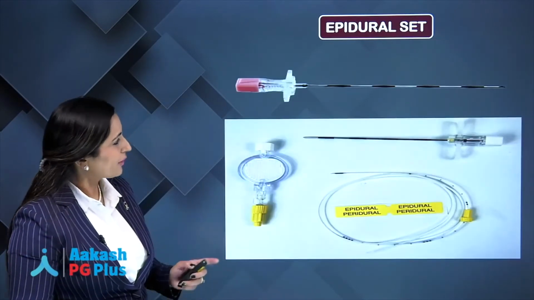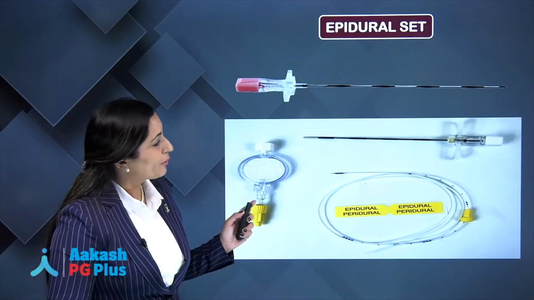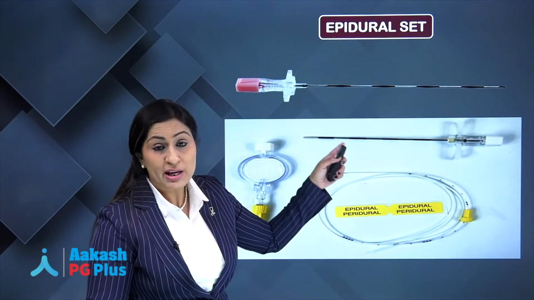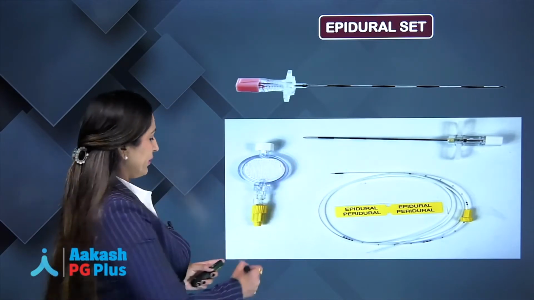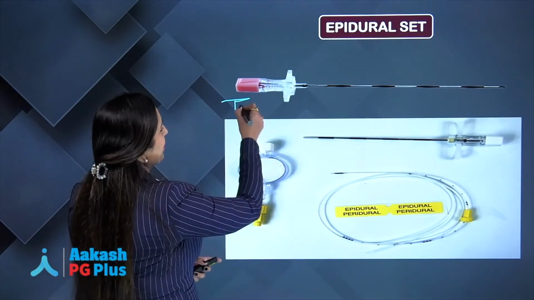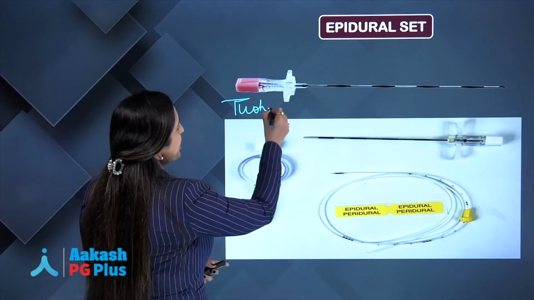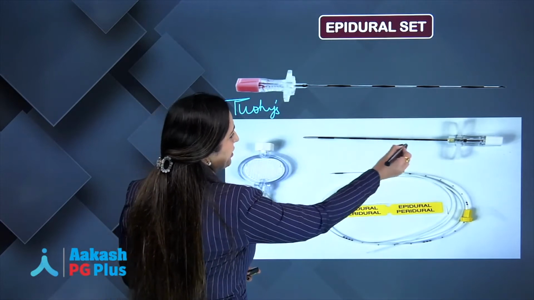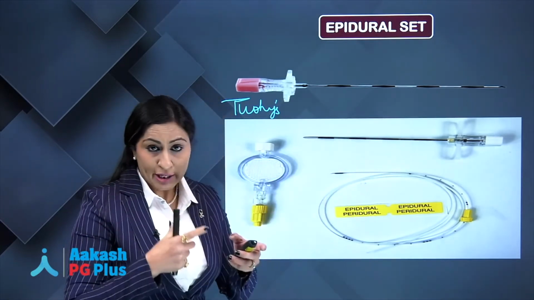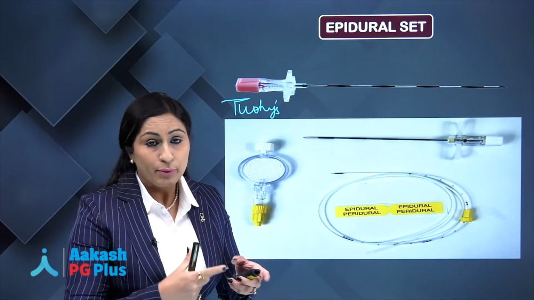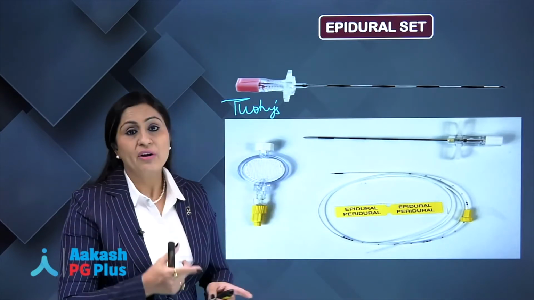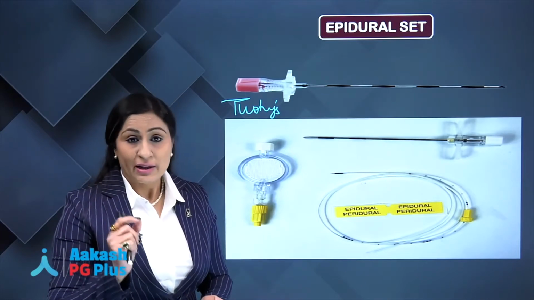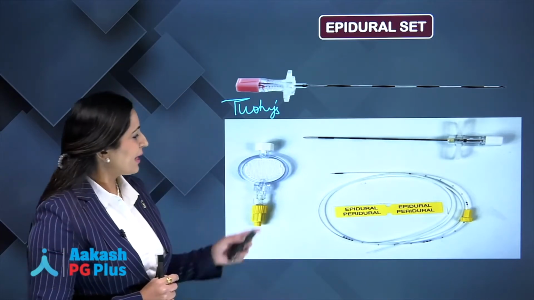Fine. So that's your epidural set. This is the epidural catheter. This is your Tuohy needle or the epidural needle. You can see here, this one also is a Tuohy needle. Now this is the needle which has markings on it. It has graduations. So while you are performing the epidural block, you can see how far you have gone in to ease the catheter insertion. Great, and that's the filter.